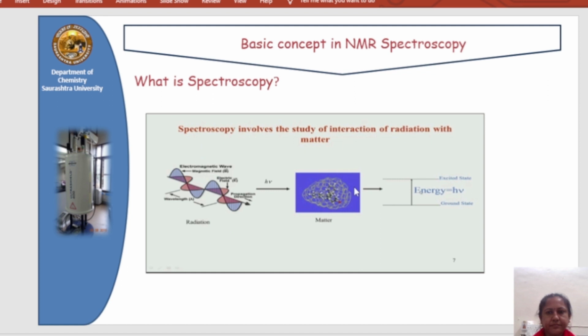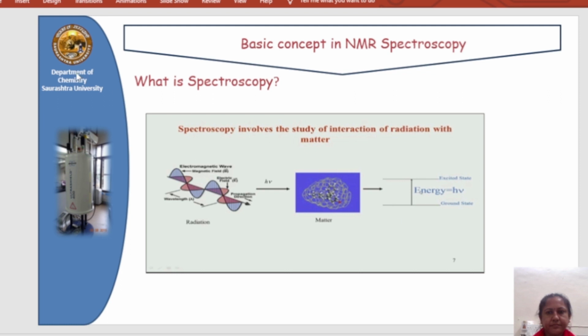Now when this type of radiation interacts with matter, this matter may be molecules, it may be an object or anything, it may be human body parts also. When they interact with this matter, it will give some results, because these waves will provide the energy. Now the question is in which region the energy will be provided. Energy is nothing but h times nu, where nu is the frequency of the waves and h is Planck's constant. So from that we can say how it can interact with this.